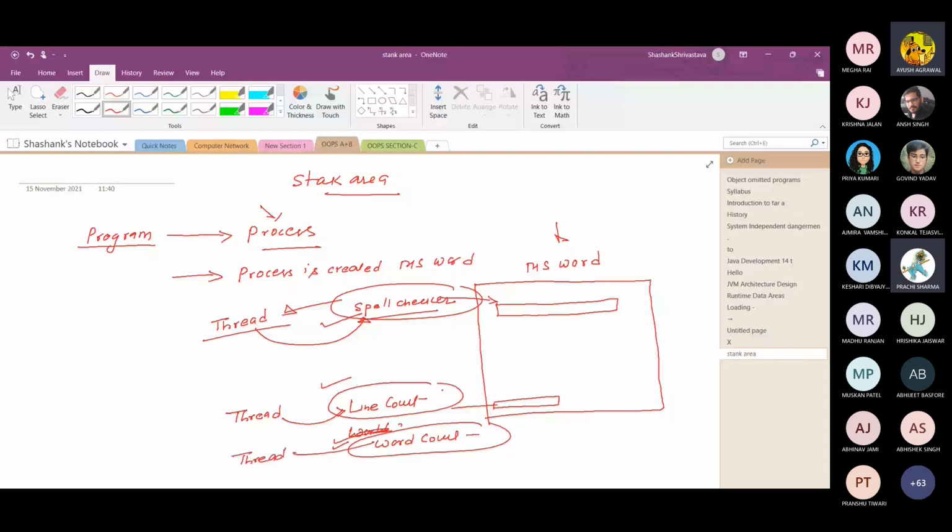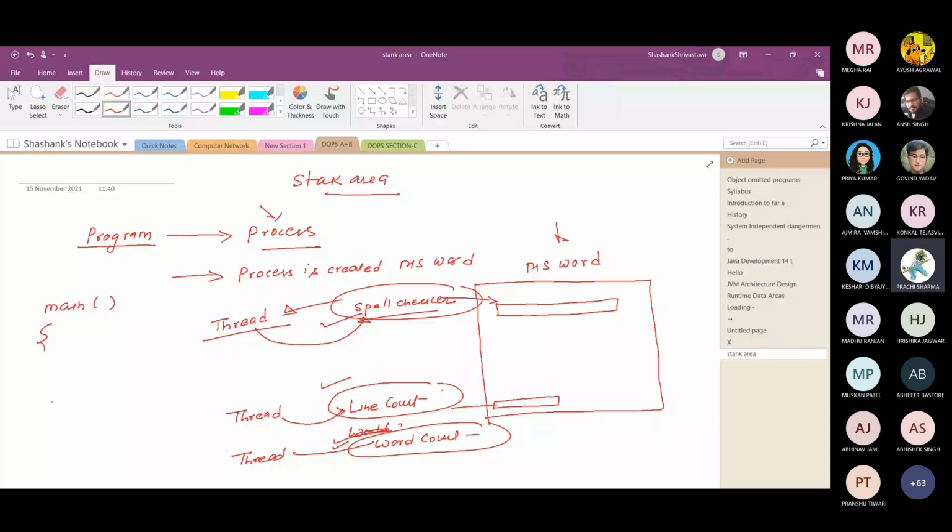Similarly, in the case of Java, when you run any program, you need to write at least a main method. A main method is required in order to run any program in C or in Java. In a class you need to write the main method, public static void main.